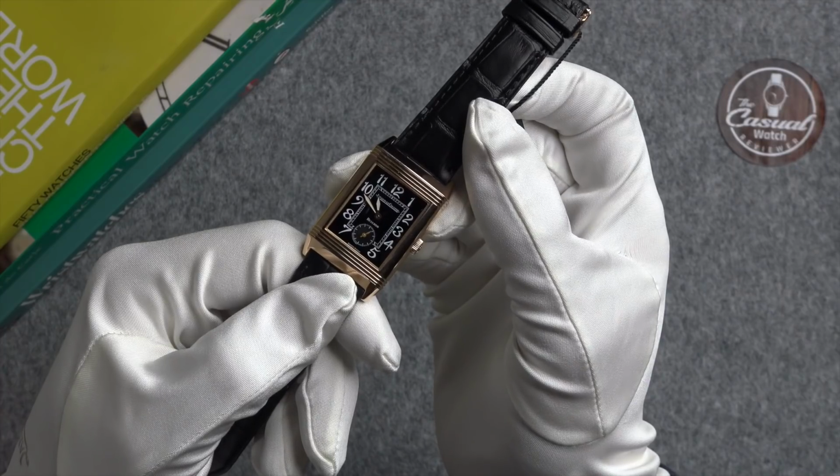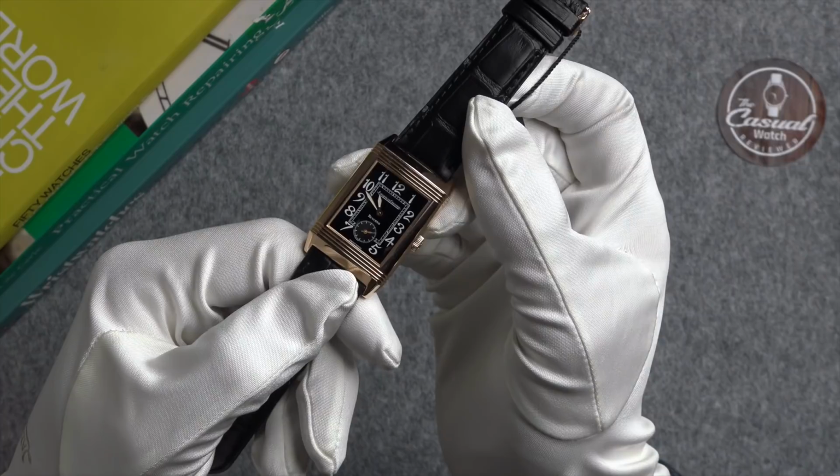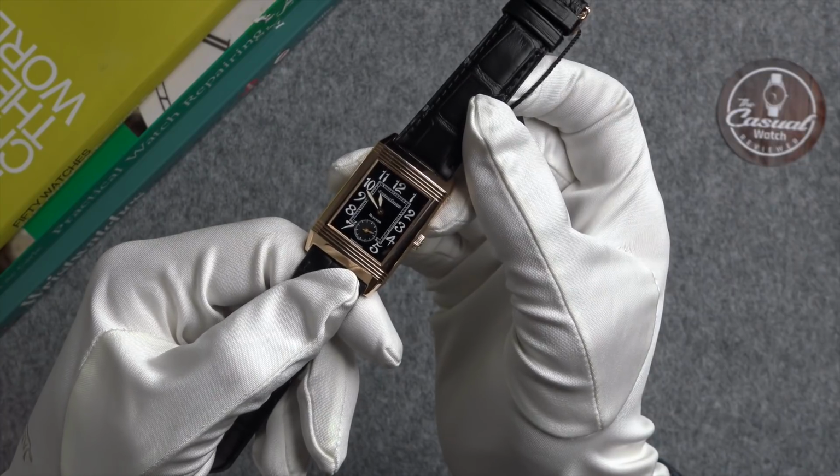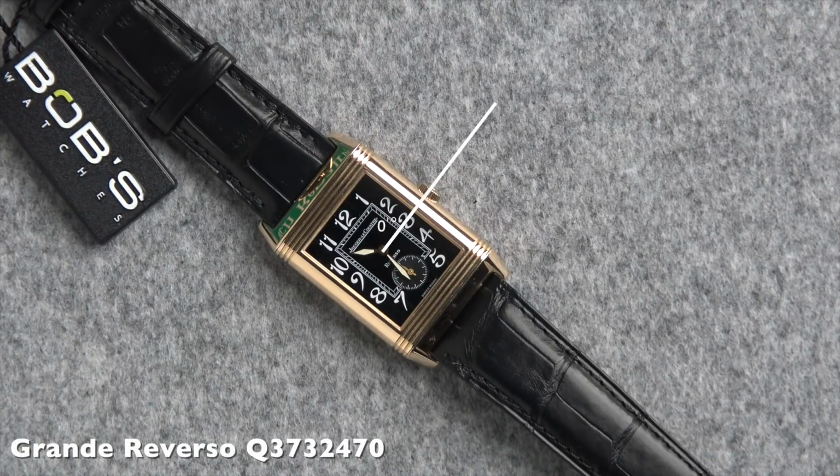This is just stunning, this watch. I've been dying to get my hands on one of these for a long time. This is the Grand Reverso. Now, before we dive into the review, let's get those all-important measurements sorted. This is the Jaeger LeCoultre Grand Reverso, the